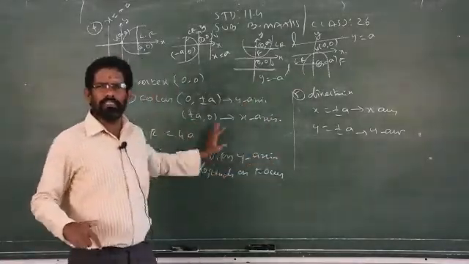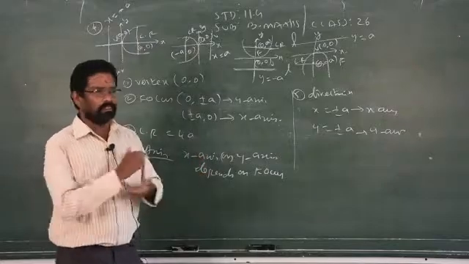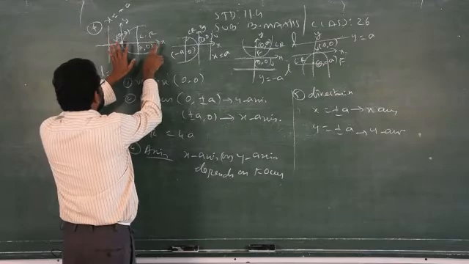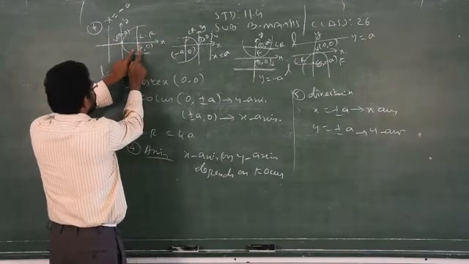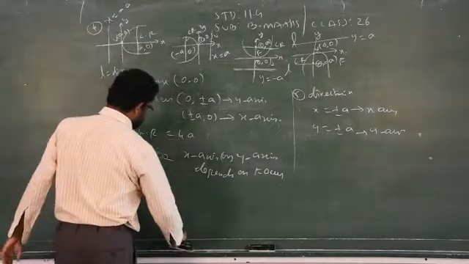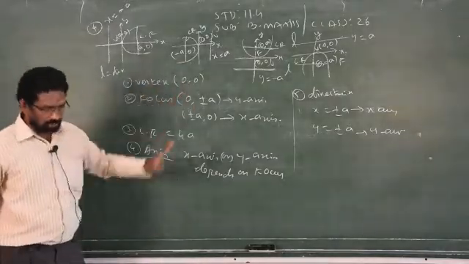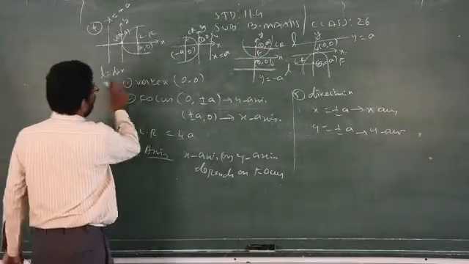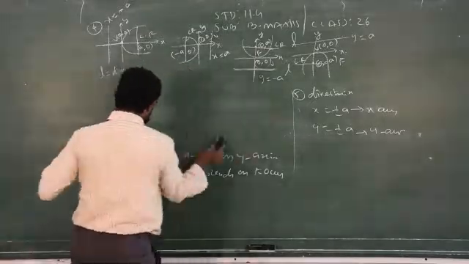So no need to memorize the formula. If you memorize the formula, it is a waste of time. Remember the diagram and see whether the parabola contains the x-axis. You know how to take the point on the x-axis. On the x-axis y will be 0. On the y-axis x is also 0. So based on this concept, now we will go to sum number 4. Then we will come to sum number 3. Clear? It's a very simple problem.